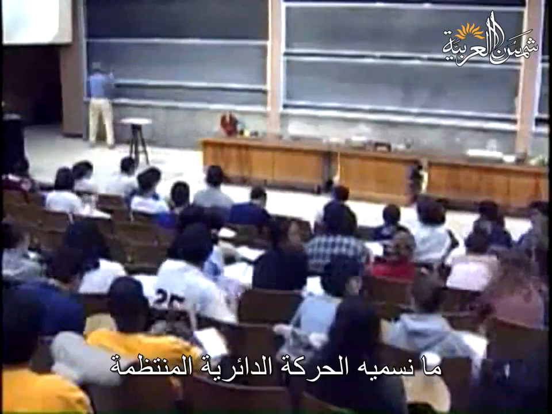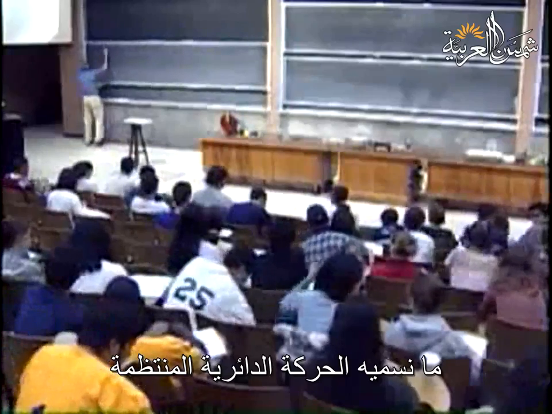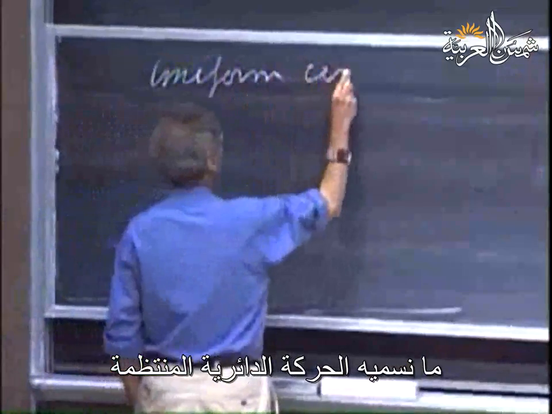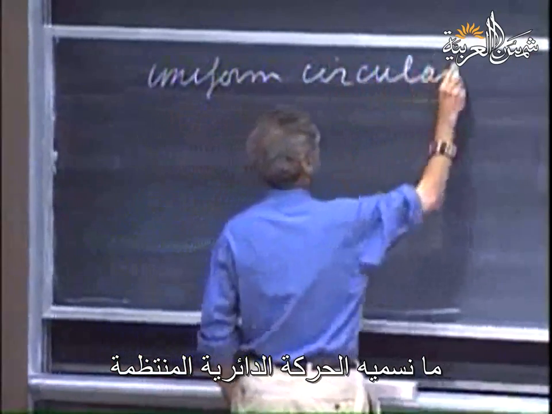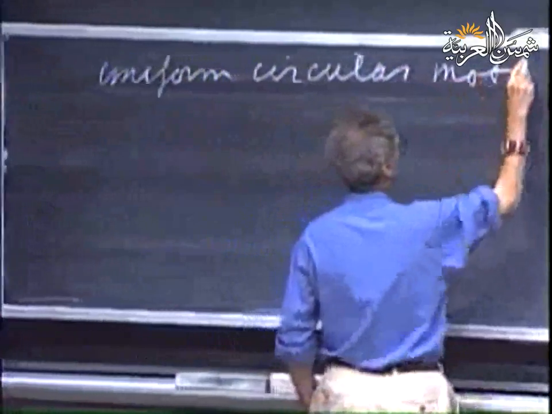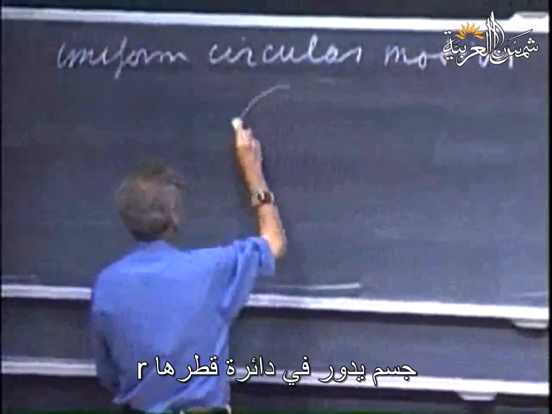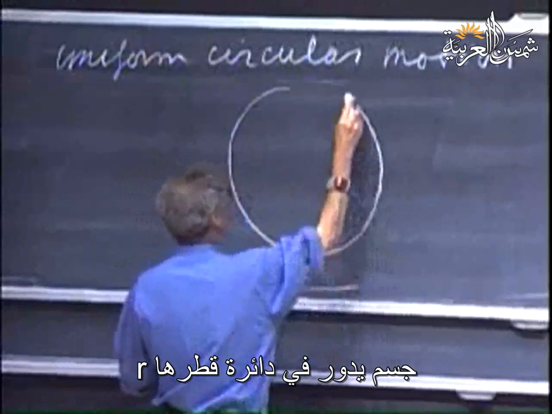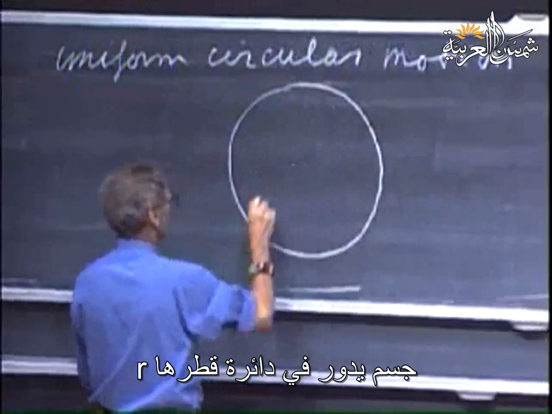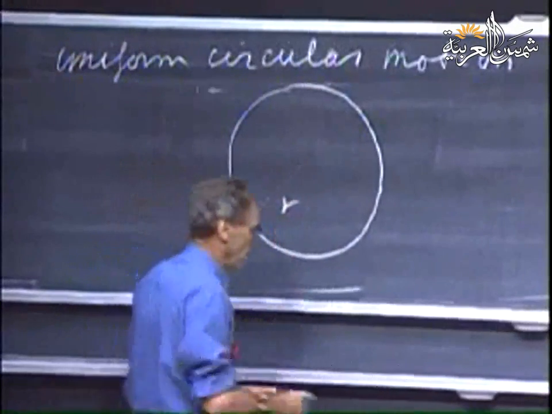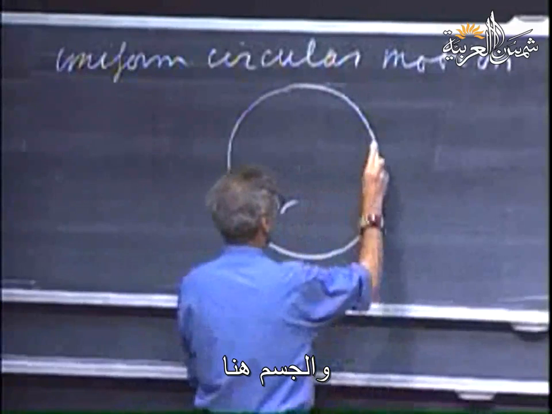Today we will discuss what we call uniform circular motion. What is uniform circular motion? An object goes around in a circle, has radius r. When the object is here,